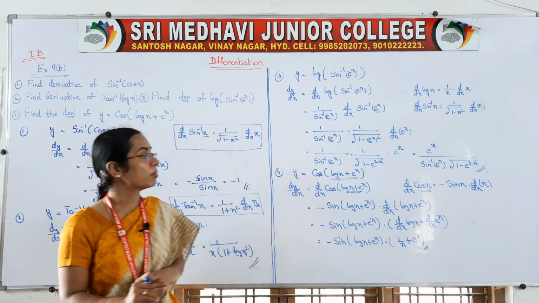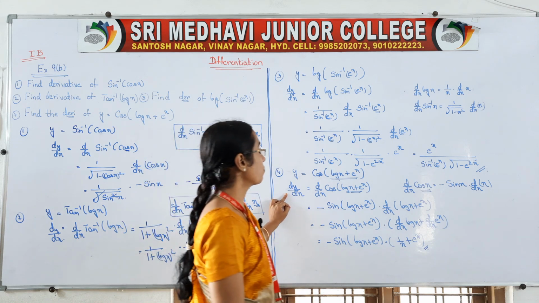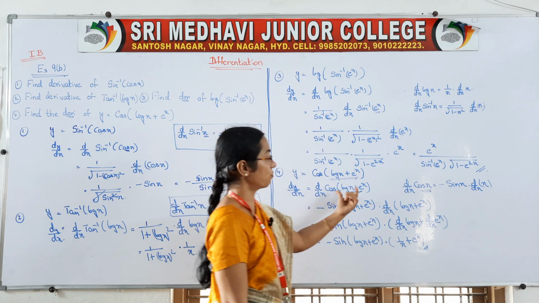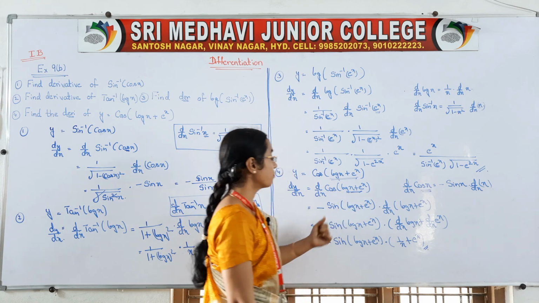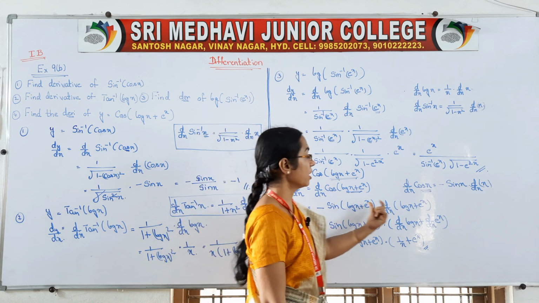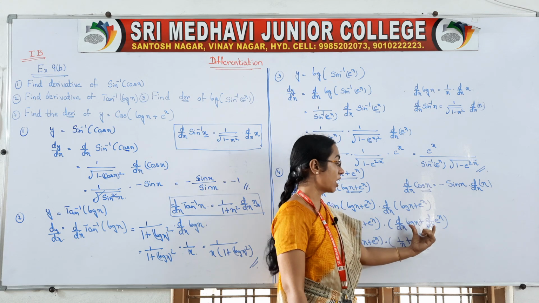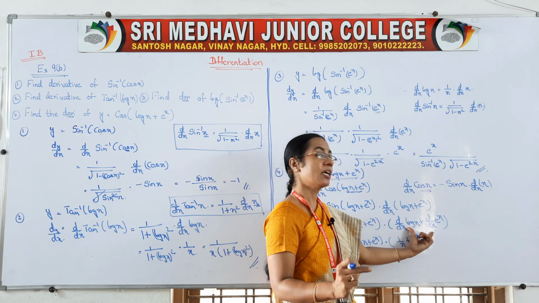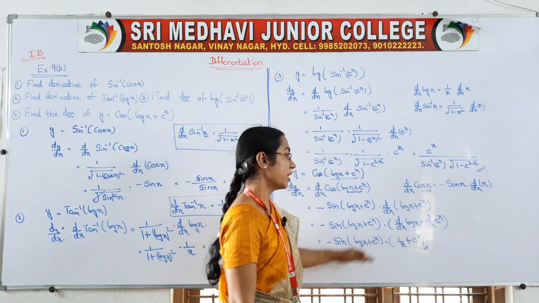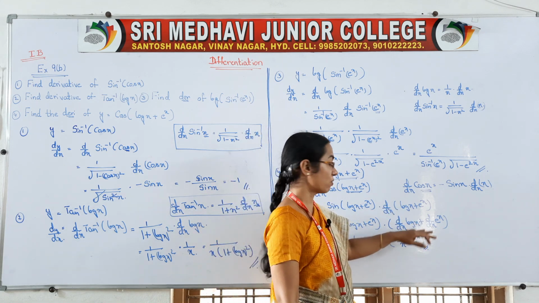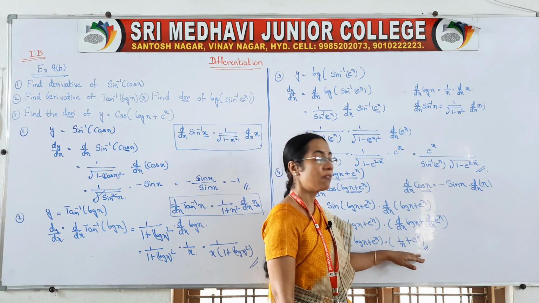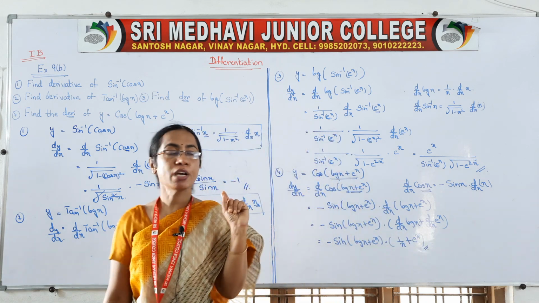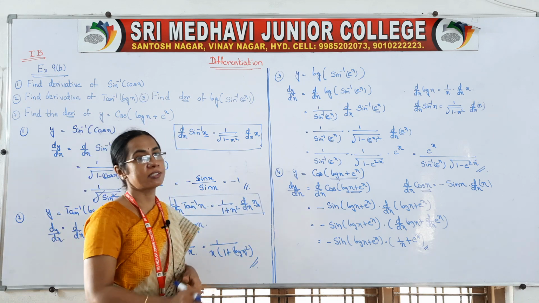See how many formulas we applied here. So first we have taken d by dx of cos x. Why? Because of the cos function. After that we got plus, and whenever plus or minus is there, we have to take separate derivatives. That is again a formula, right? After that, d by dx of log x, its value is 1 by x, and d by dx of e to the power of x is e to the power of x is the answer.